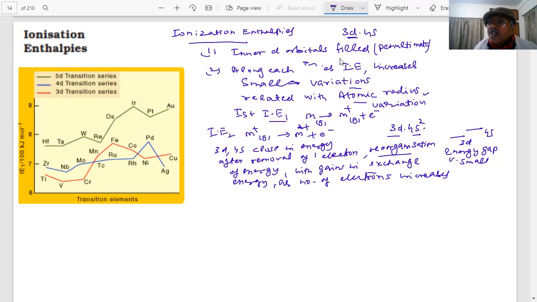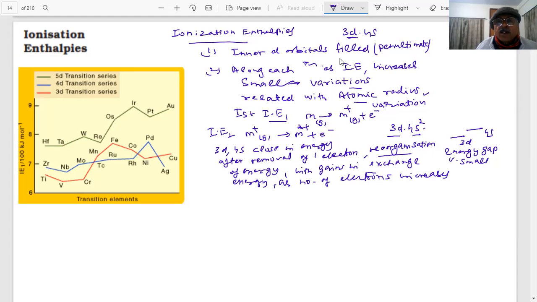When the electrons start filling, there is a reorganization of energy. And after one electron, that first electron goes from 4s. So there are fewer electrons on the 4s, then 3d becomes higher in energy than 4s. That is why we see irregularities in the values of the second ionization energies. The value for chromium is lower because of the change in the configuration, and the value for zinc is higher because it represents ionization from the 4s level.